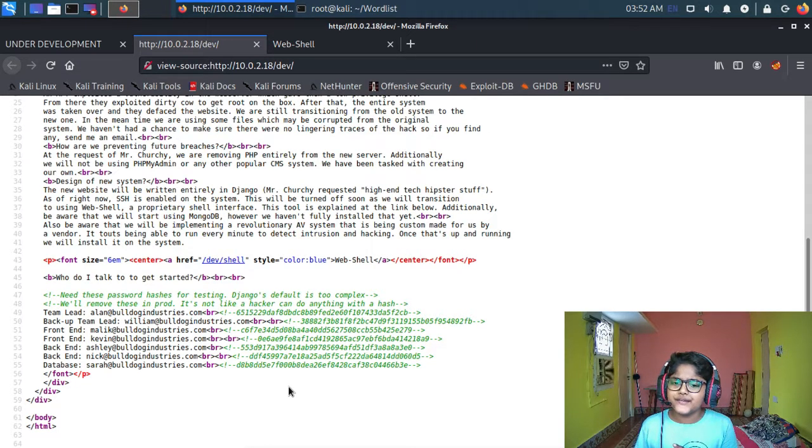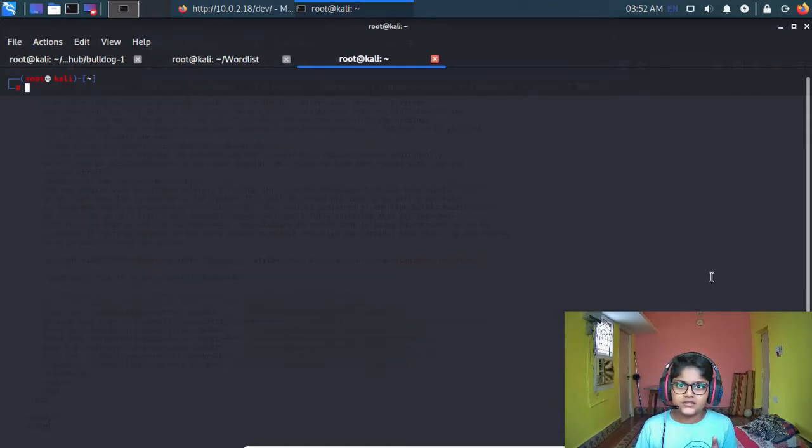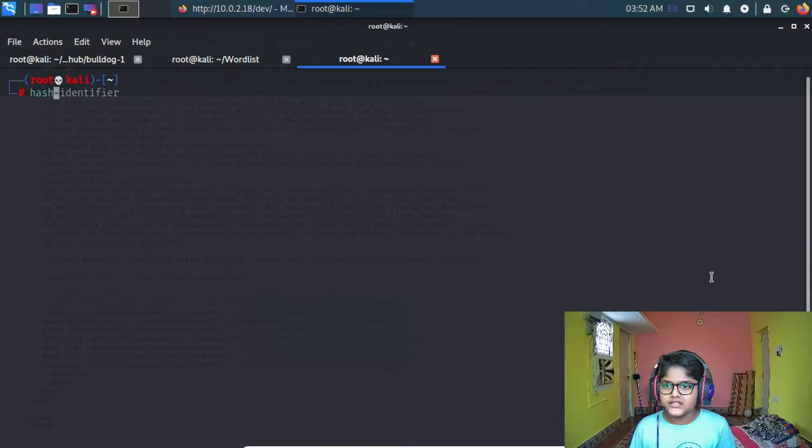I mentioned in the last video that if you're using Linux, you can find what type of hash it is without googling it. We can try it from last to first, just for the sake of it, nothing else. You can do it in any order. So let us copy that, and before that, let us just find what type of hash it is, so it will be useful, right? So let us go for hash